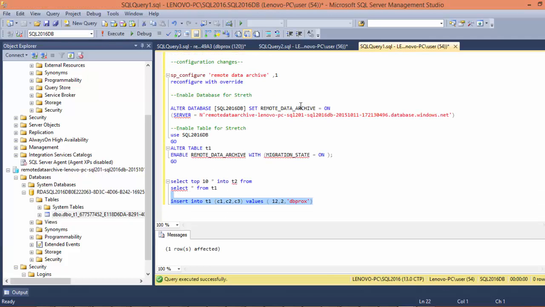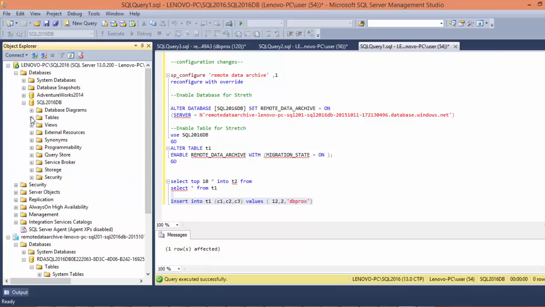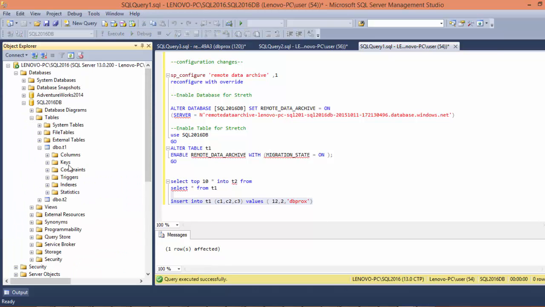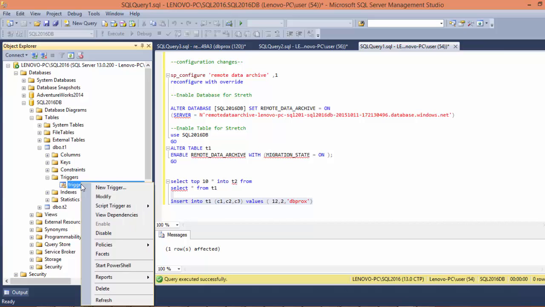Now, how does data basically get transferred from my on-premises to SQL Server on Azure? Just expand the table which you have stretched and go to the triggers, and you will see a trigger has been created for remote data archive. Now you cannot read this because it is encrypted. SQL Server Profiler won't capture what exactly it is doing, but internally it has your on-premises database configuration,